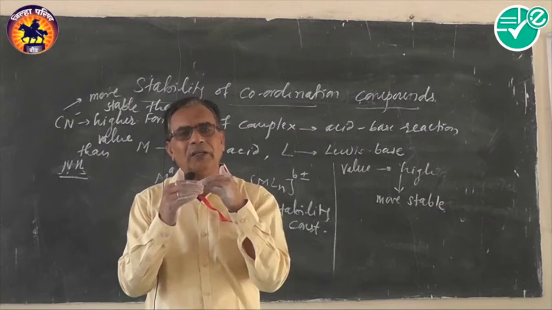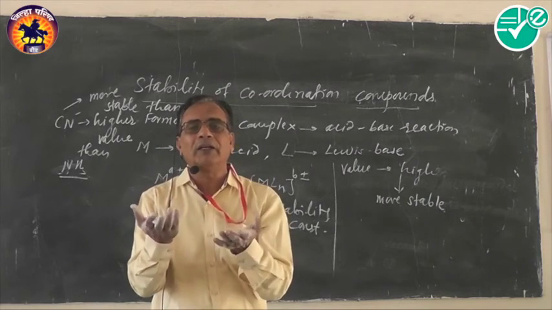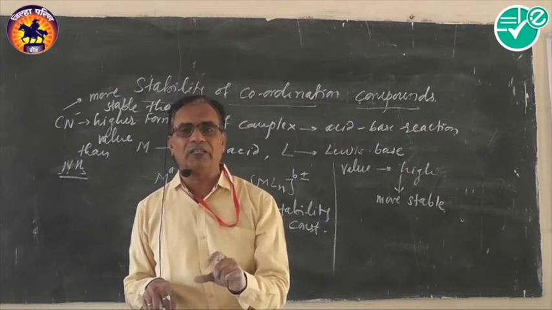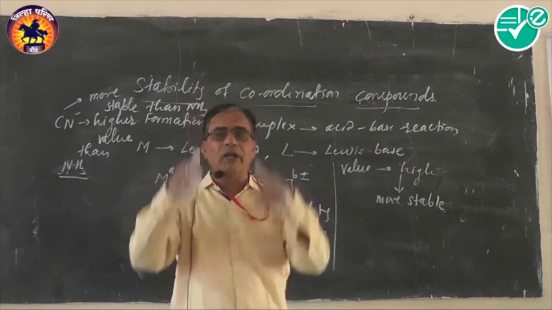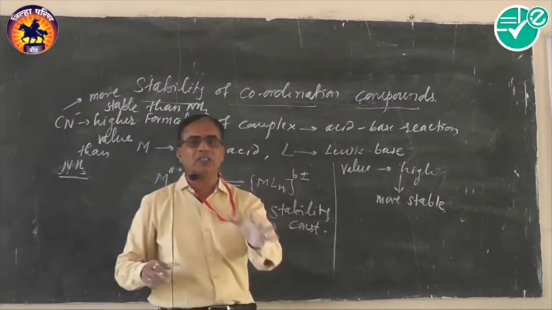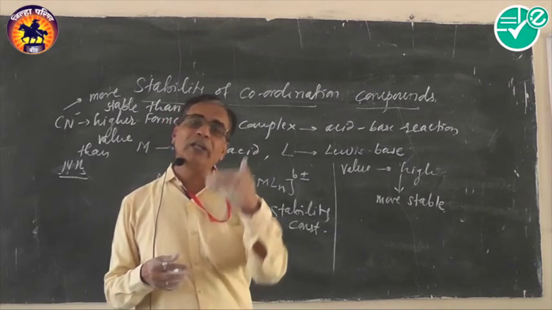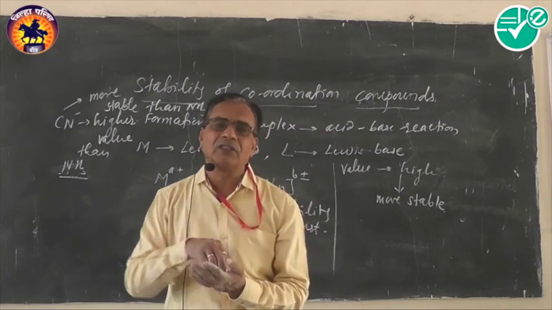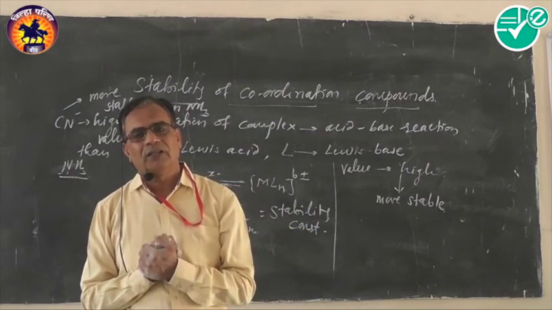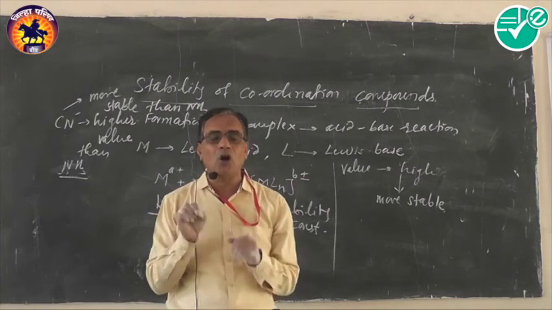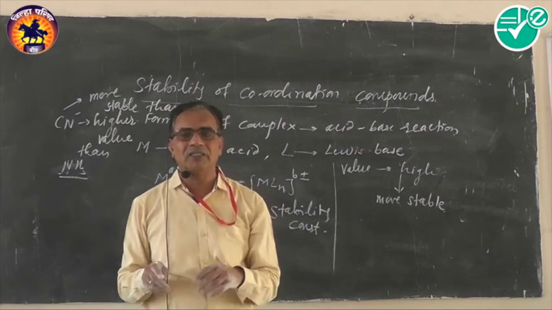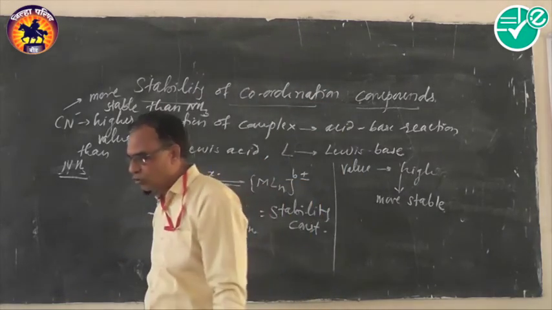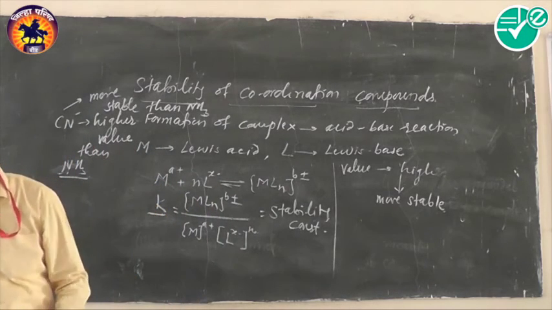The difficulty level of the MCQ may be increased like this. If they ask which of the following is more stable or less stable, you will come to know from the values only. This is a simple MCQ. But if you want to increase the difficulty level, the question may be asked as the decreasing order or increasing order of the stability of the complexes, and then you have to determine the order of those 3 to 4 complexes. Such types of MCQs may be asked on this stability.